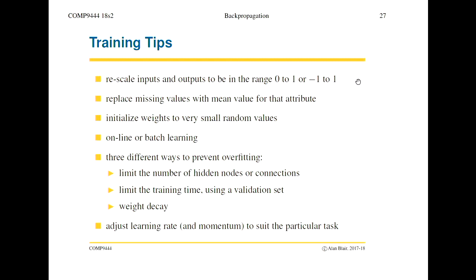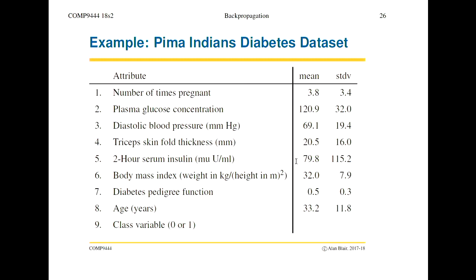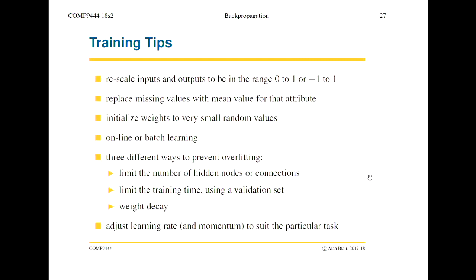Now, another issue: we often have missing values. Sometimes, in some of these classic data sets, a particular experiment wasn't done on a particular patient, so there's just a missing value. With neural networks, we have to provide a value. You can't get away with having something missing, so you have to choose, say, the mean of that value for everybody to plug that hole.